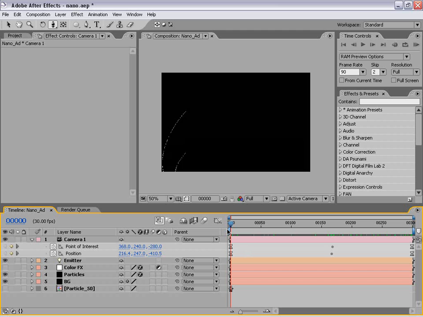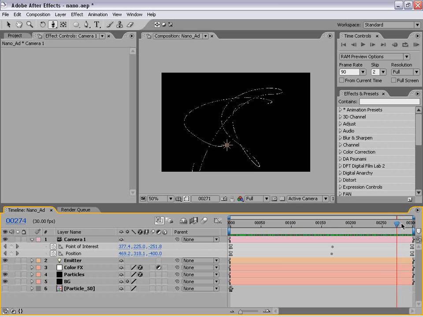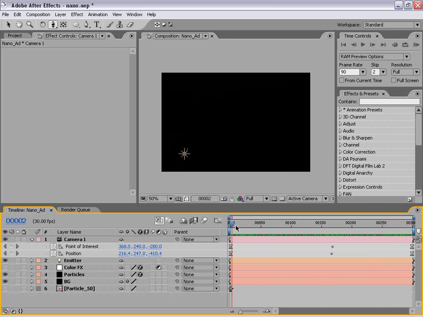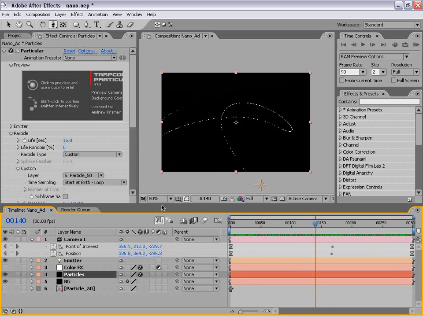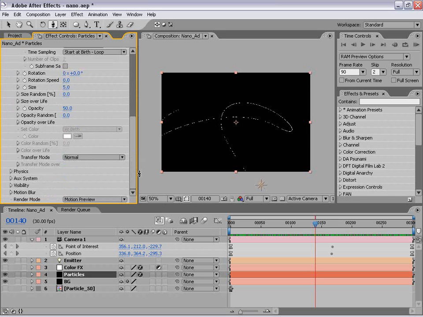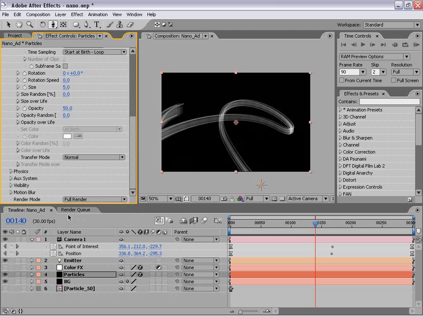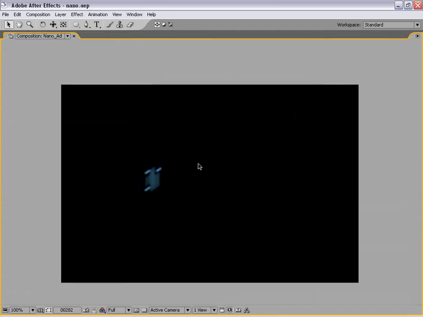good thing. So now some of you out there might be able to set up the animation for the camera without having to use this motion preview in the particles. However, you must be on some high-tech system like a dual Pentium, Pentium 2 system or something like that, and frankly, we just don't have that kind of technology here. So I'm sorry, we have to use the motion preview, but I recommend it. So now when we switch back to the full render and we turn our color effects back on,